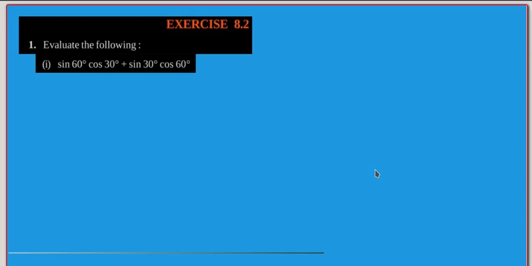Dear students, in this session we'll discuss problems on trigonometry based on trigonometric ratios. We have already discussed the derivation of all trigonometric ratios. But now in this session we'll discuss the easiest and shortest way to get the trigonometric ratios, then how to substitute those values and get the solution of the given problem.